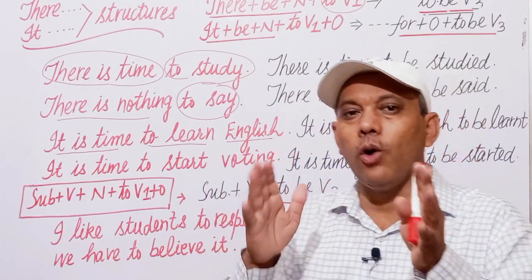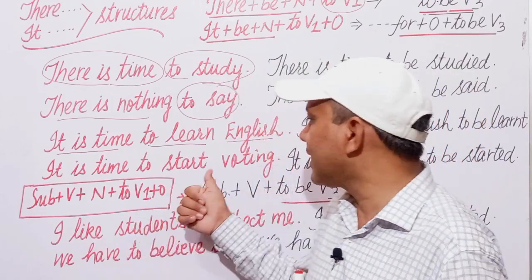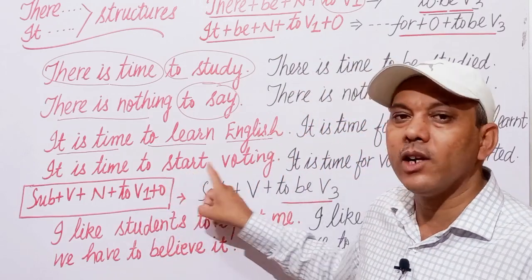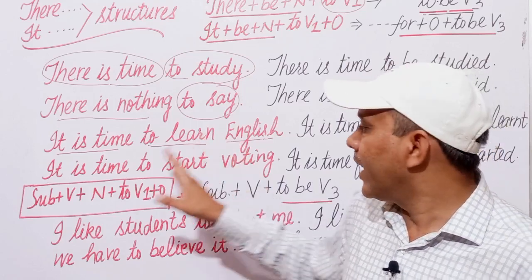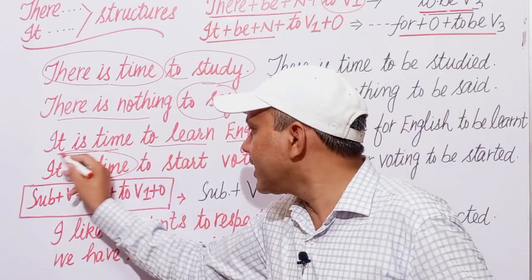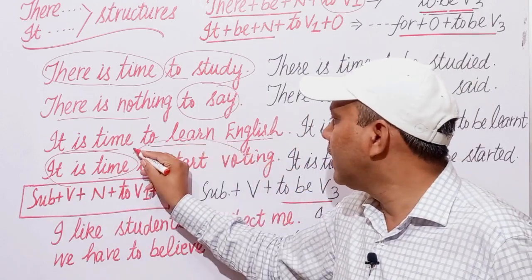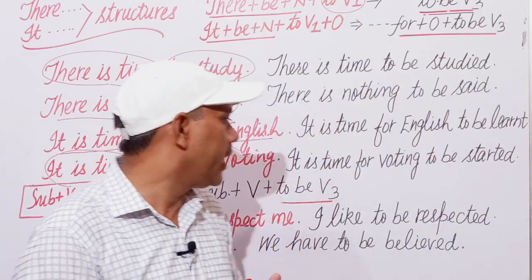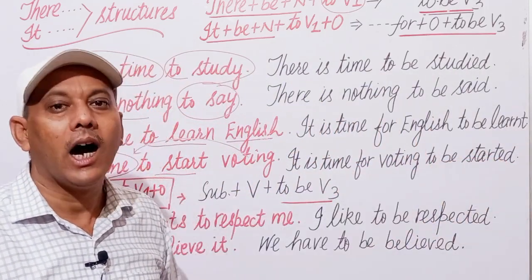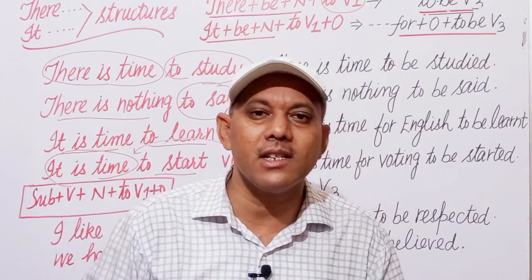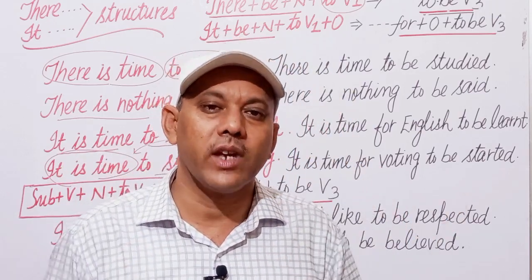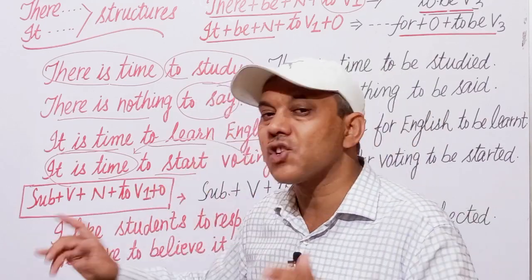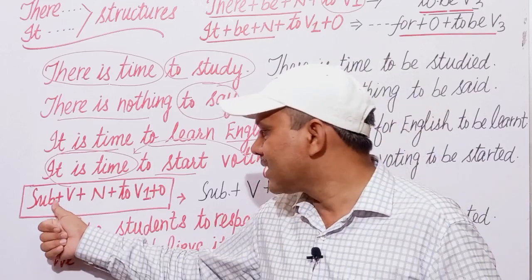तो वोटिंग का जो ऑफिसर होता है, प्रेजाइडिंग ऑफिसर, वो कहता है इट इज टाइम टू स्टार्ट वोटिंग। 2v1 टू इन्फिनेटिव प्लस ऑब्जेक्ट। इट इज टाइम, नो चेंज, इट इज टाइम फॉर वोटिंग टू बी स्टार्टेड। इस प्रकार से हम देयर और इट स्ट्रक्चर वाले सेंटेंसेस को एक्टिव वॉइस से पैसिव वॉइस में चेंज कर देंगे। आइए हम एक स्ट्रक्चर और देखते हैं जो सब्जेक्ट से स्टार्ट होता है। फॉर एग्जाम्पल, सब्जेक्ट,